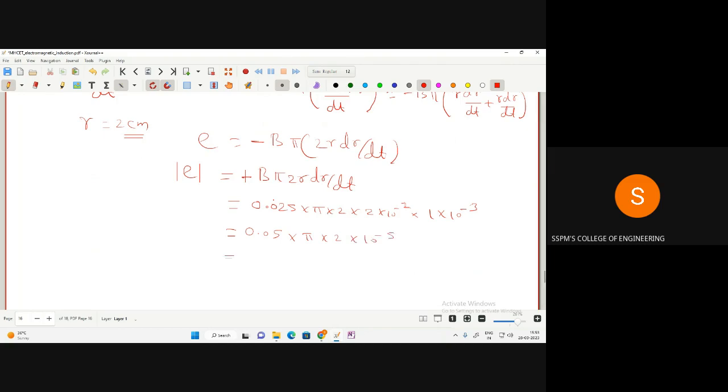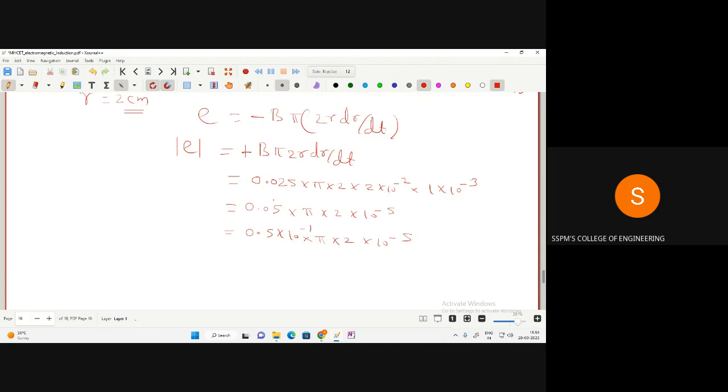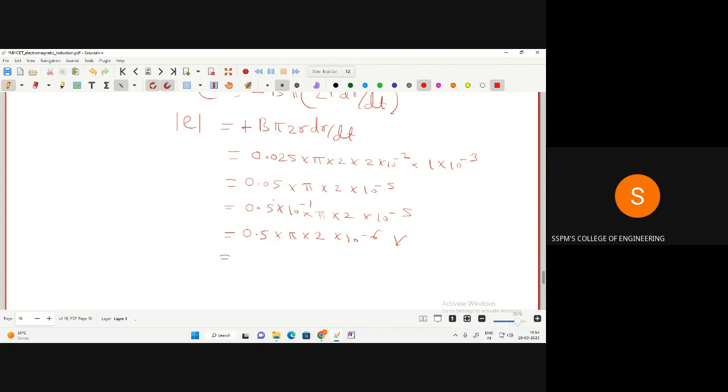नंतर काय करा, you may write in this way, 0.5 into 10 to the power minus 1 into pi into 2 into 10 to the power minus 5. 10 to the power minus 5 and 10 to the power minus 1 is 10 to the power minus 6. You write in this way, 0.5 into pi into 2 into 10 to the power minus 6 volt. Or you may write 2 into 0.5 is 1 into pi into 10 to the power minus 6 volt, or